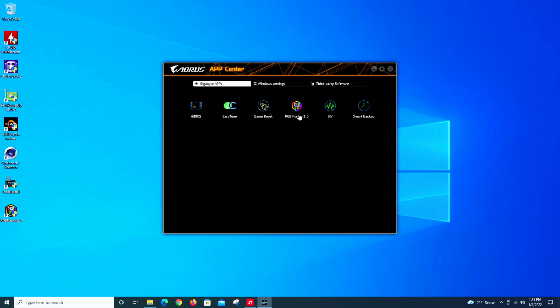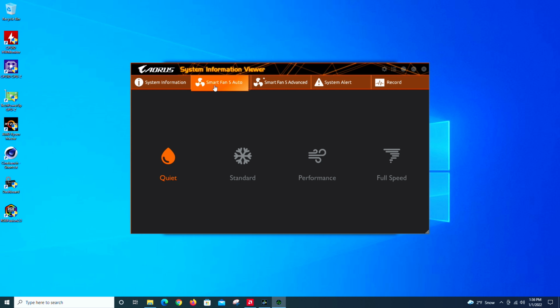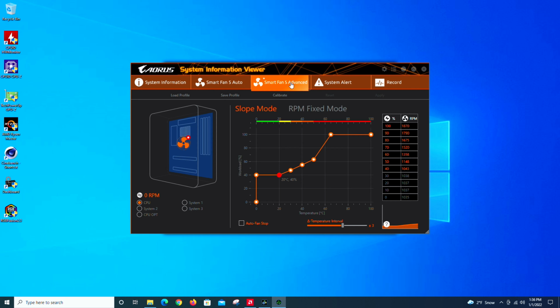Okay, we're going to save RGB Fusion for last. Next up is system information. So another app that provides you with a bunch of information. This is where you can alter your fan. It's connected to SmartFan 5 Advanced, which again is in the BIOS. So we have SmartFan Auto, so we can have some presets, which is nice. Or you can get really granular and set up a curve, which is always nice too, which I believe, yes,